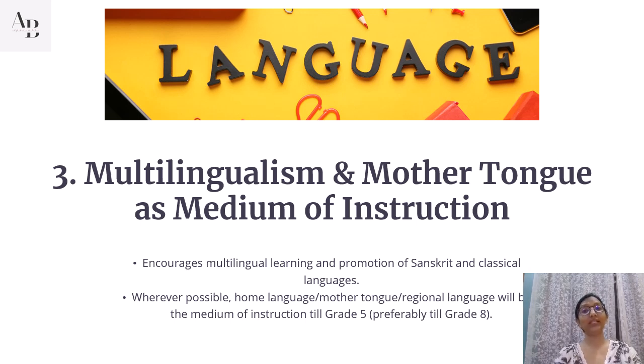All right. Now, multilingualism means promotion of Indian languages with an option to learn Sanskrit and foreign languages. For example, a school might offer French, which is a foreign language, Sanskrit and Kannada as elective languages. So they should have the option of offering multiple languages. That's what multilingualism means. All right. So moving on.